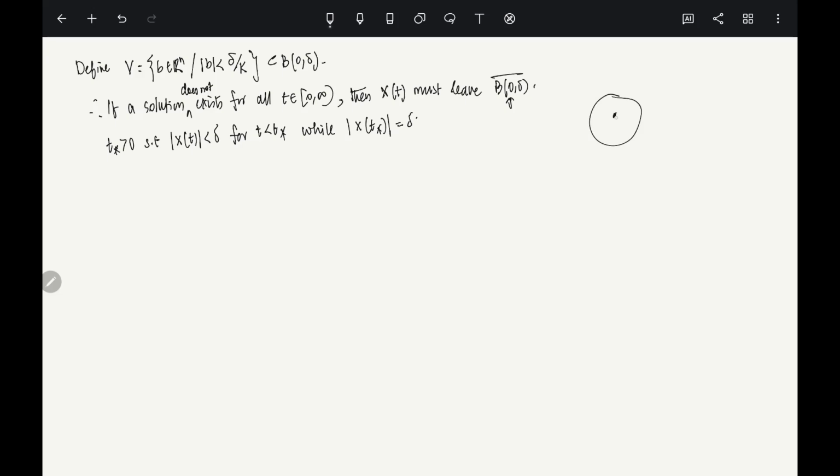Okay, it has to touch the boundary. And what is the boundary? At the boundary, mod x(t*) is delta. Okay, of course it has to be. Right. Now, you see what we are going to do is, from here we are going to assume,